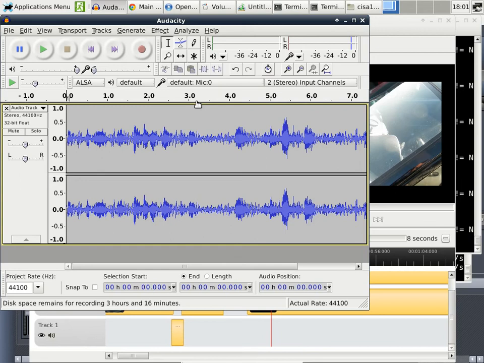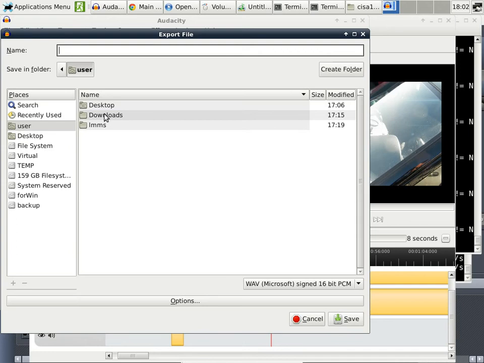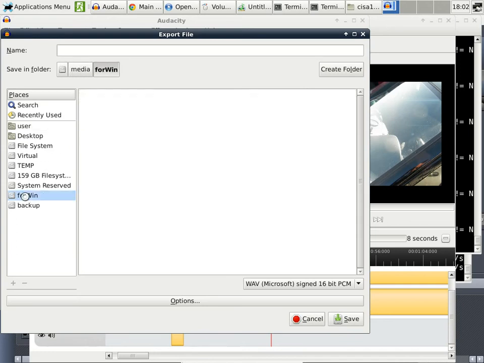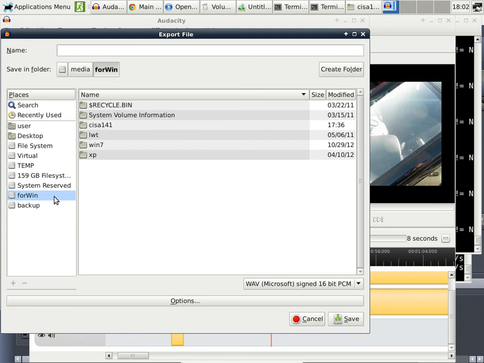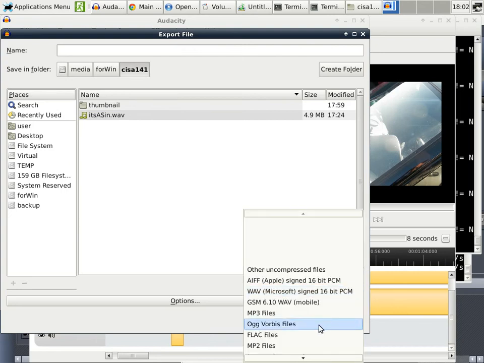Okay, so how do I incorporate this into the video? I can import it. First of all, I have to add it to the library. That's the first thing we have to do, is to get it out of Audacity first. So in Audacity, when you want to save a file, in this case, I am actually exporting. So I'm exporting to the folder inside ForWin, because once again we want to save it to the external hard drive. So we go to cisa141, and we want to save the file as either a WAV file or an OGG Vorbis file. Okay, so I'll just save it as an OGG Vorbis file,